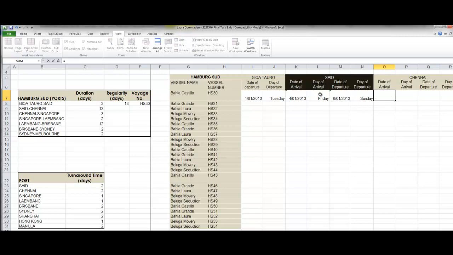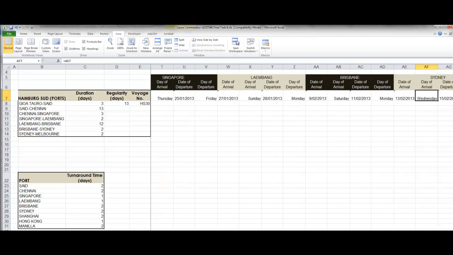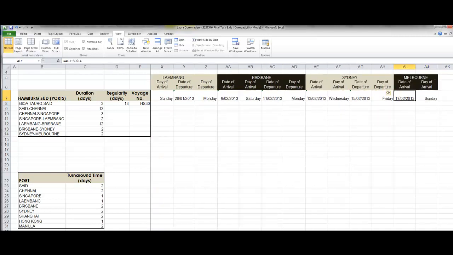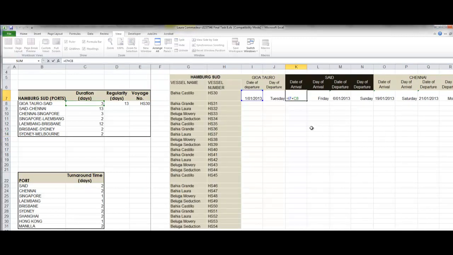So Chennai is equals day of departure plus sailing days from Said to Chennai, in this case 13 days. And date is the same. Date of departure, date arrives, plus the number of days it sits in the port of Chennai, again 2 days, and so on and so forth. So you do this for the entire first row. Now, I've done that for the entire year beforehand, so I didn't have to do it. So you get the first line completed successfully, and what you also need to do, which I forgot to do in these first ones, is when you're referring to this table,